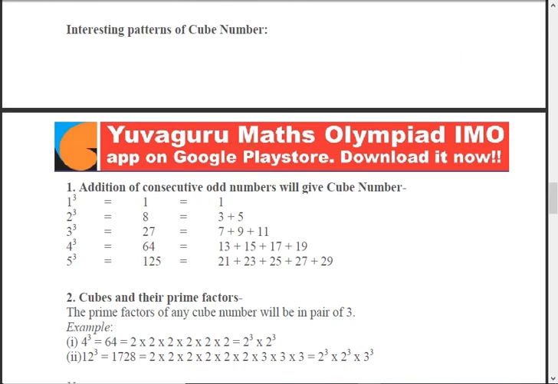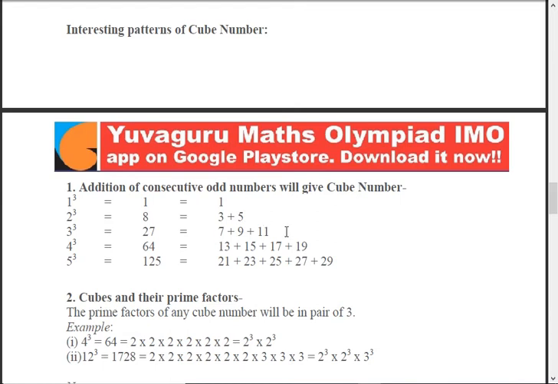Right. Now an important observation about cubes. It's just for fun, nothing more. You can't remember this. See here, 1 cube, 2 cube, 3 cube, 4 cube, 5 cube, and it goes on. See here, it's like this. 1 cube is 1, then go on adding the odd numbers. 3 plus 5, then 2 cube.